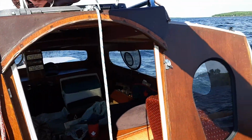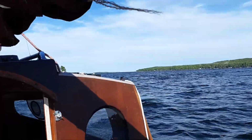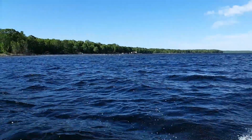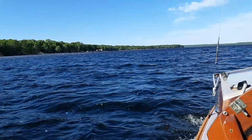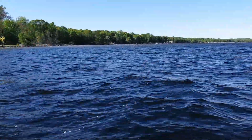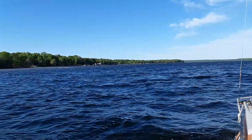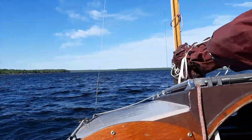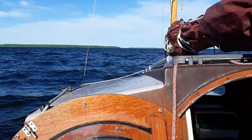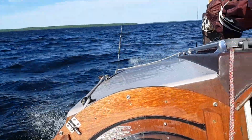So into the wind, buzzing back and forth. If it was steady wind, one thing, but with gusts, I didn't feel like that kind of hassle. So there we go. And by the sand on shore, those waves crashing there are all on a sandy beach. So we'll carry on. That's Whiskey Island. So we're out. Not in the middle yet, but...